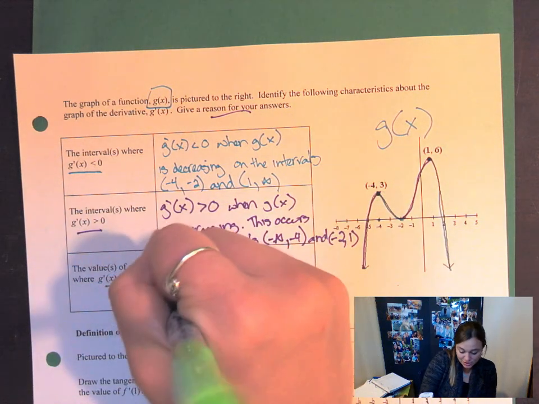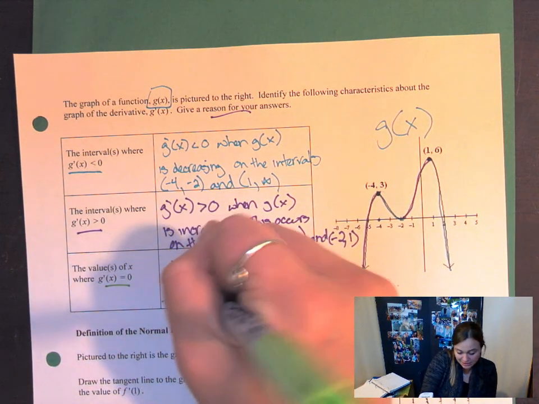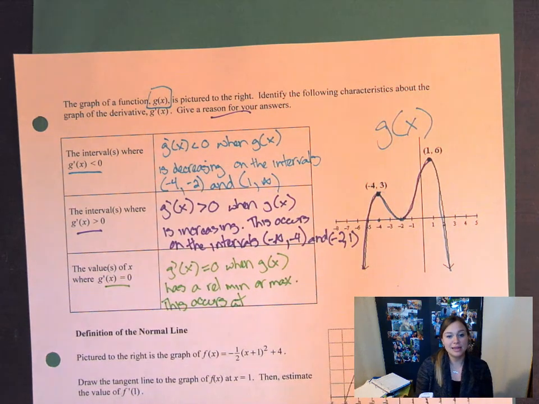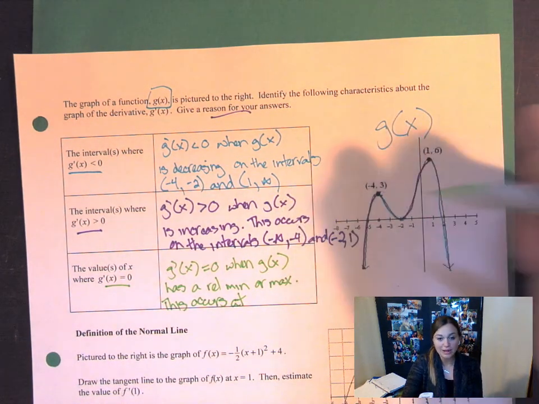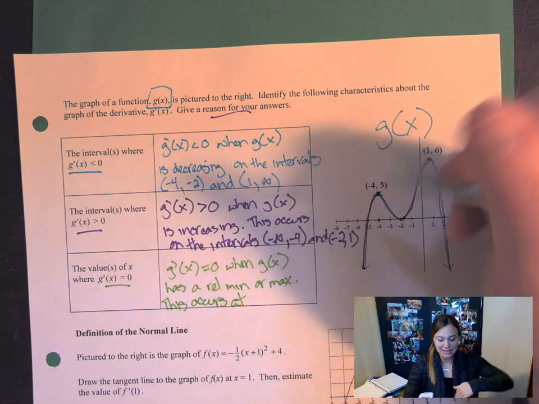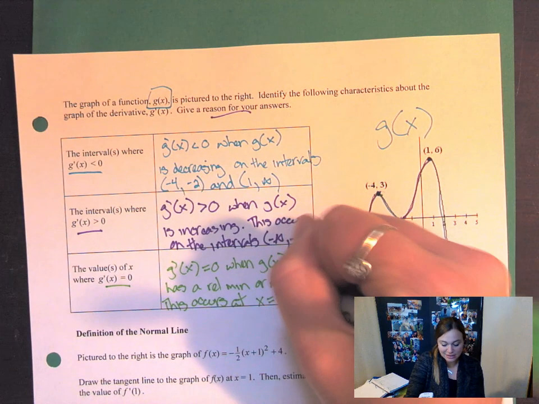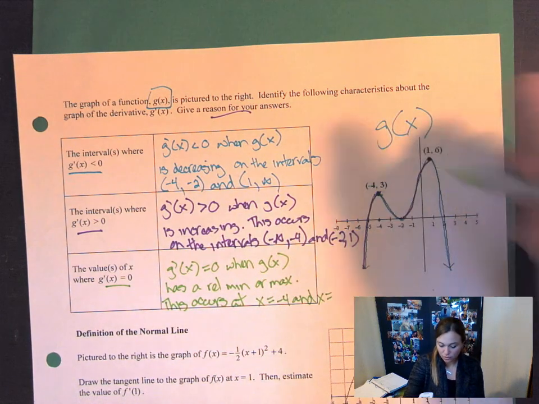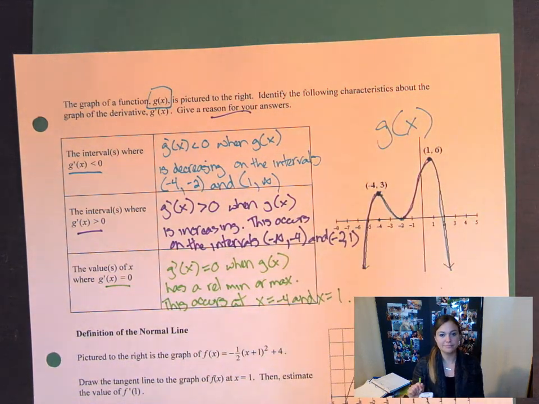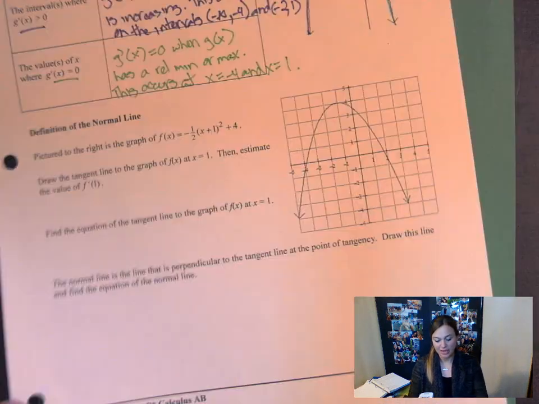And I'm going to say this occurs at... This one will not be an interval because it's only x equals 0 for a moment. A little bit before, a little bit after, it's going to be slightly positive and then slightly negative really quickly. So I'm going to say x equals -4 and x equals 1. Okay, so then we get